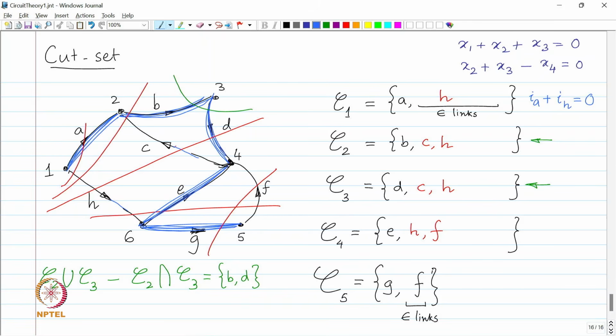Okay, whenever we want to write the KVLs and the KCLs, we have to deal with a digraph, we can't deal with an ordinary graph anymore. Directionality is required. Okay. Then C2, cut set 2, IH plus IB minus IC is equal to 0. Fine. Cut set 3,